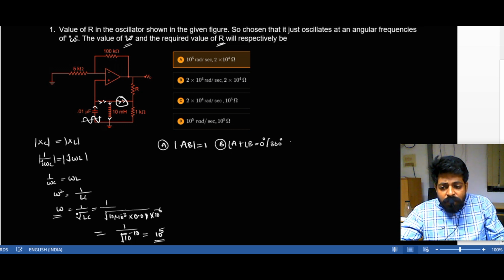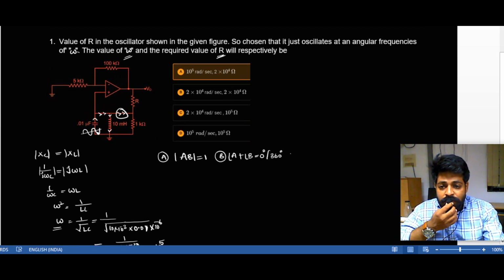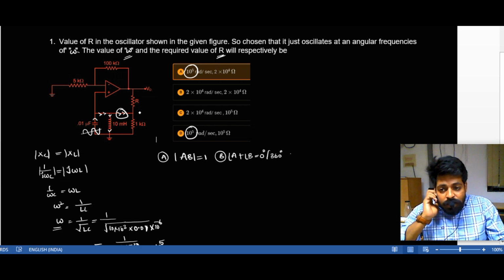So this much omega means the angular frequency at which that oscillator is running. So I got that 10 to the power of 5 omega over here and over here. This might be the two options that I have. And coming to the resistance calculation, let me identify the new modified circuit where I will